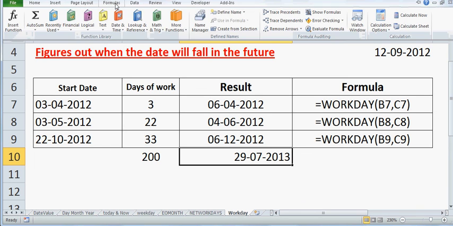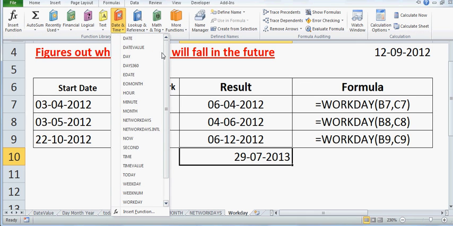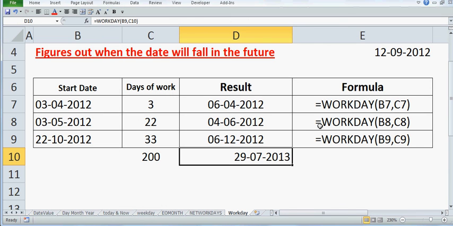So if you go to Formulas, we have covered most of the date functions, barring a few that are for you to explore. If you are finding any difficulty in understanding those date functions, you are most welcome. You can always write to us at